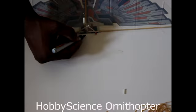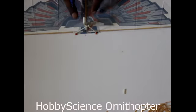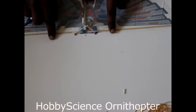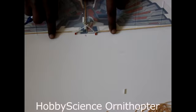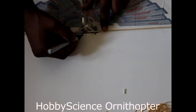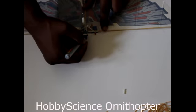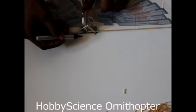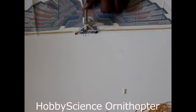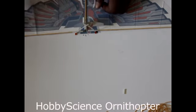So keep it like this and then just take the pen and make a mark where this middle part has to come, because once we remove the tape from behind these three sticks, we have only one chance to do it correct. We cannot adjust it after doing it. Now this also, you just see where it has to come. The arms, this is the middle, three lines I have put. This is the middle, this is the left side arm, this is the right side arm, and at the back side also I have made a small mark. Okay, so now